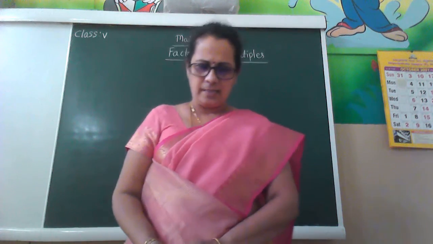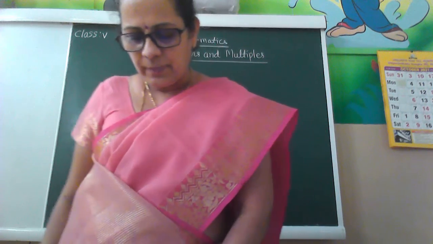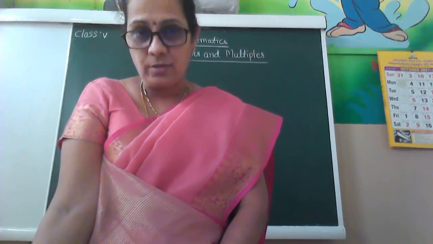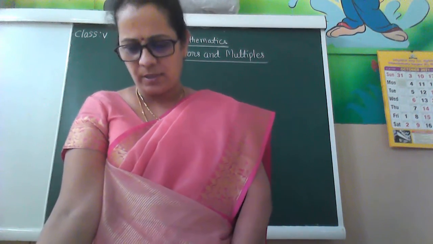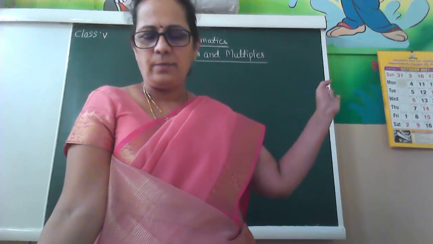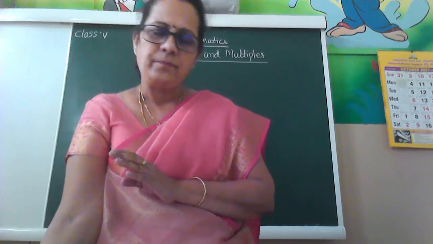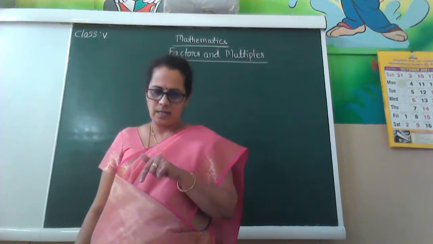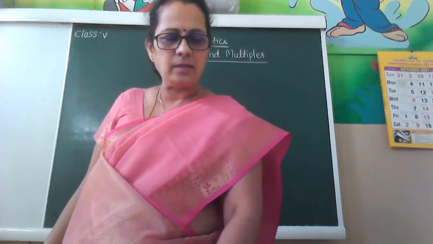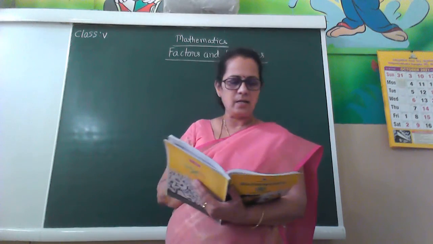Welcome back, children. In the last class we started factors and multiples, isn't it? Then on page number 39, that chart I showed you, I announced the number of students to make groups. According to that, you wrote the number of groups made, and if there were left out children, I also wrote the left out members in the chart. So from that we learnt some of the factors of 12, the total number of students, which is 12.